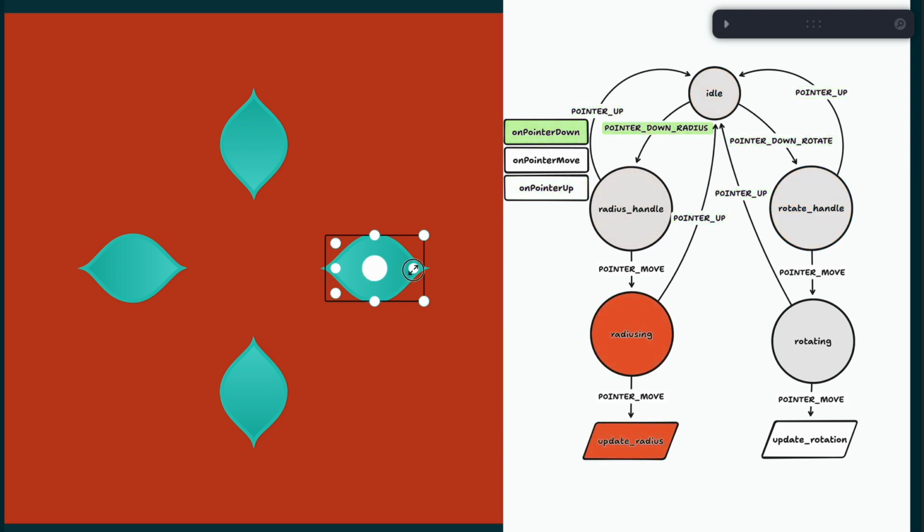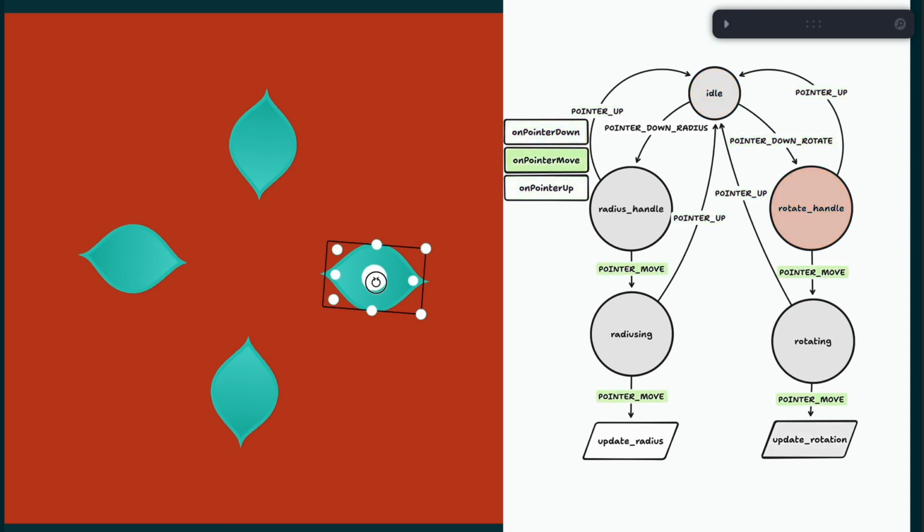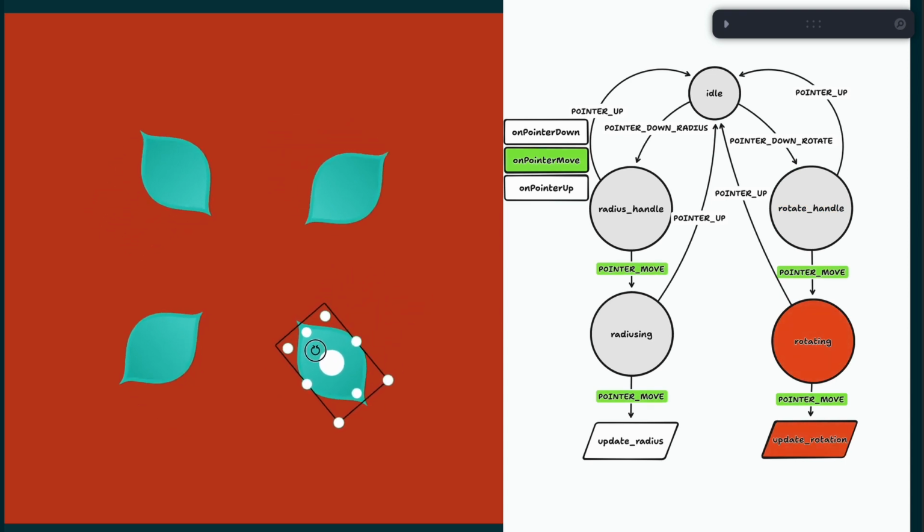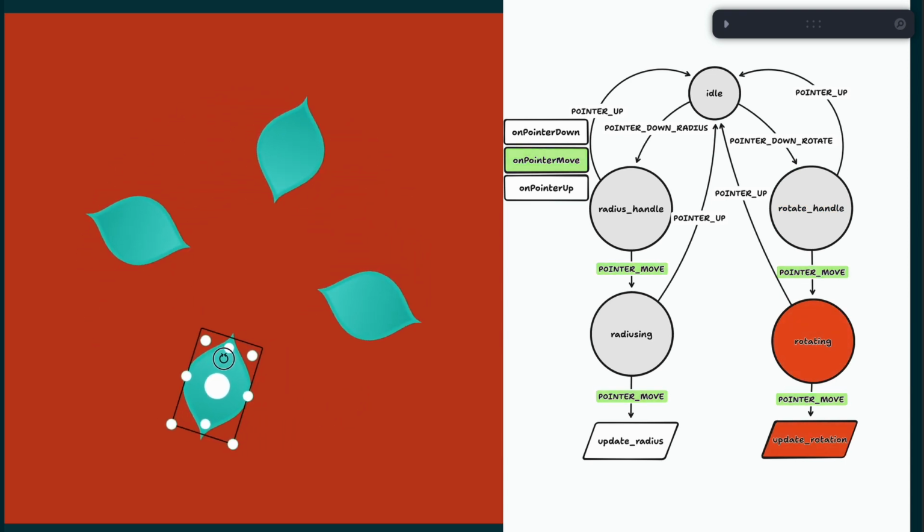So let's click on the rotation handle. Now we're in a new state with new options. I can either release the mouse button, which will fire the pointer up event and take us back to the idle state. Or if I start moving the cursor, we transition to rotating and update the rotation. As soon as I release my mouse button, it fires the pointer up event and we transition back to the